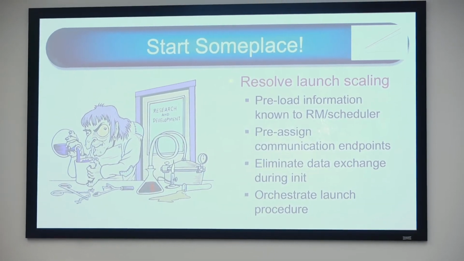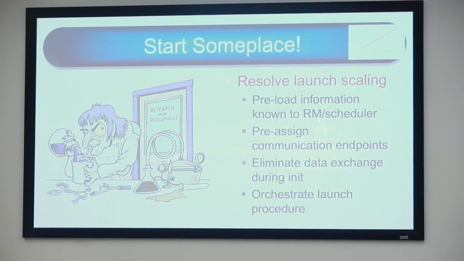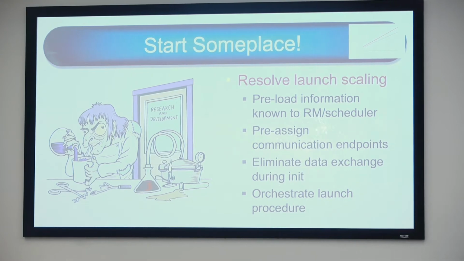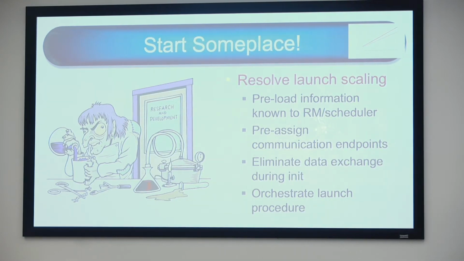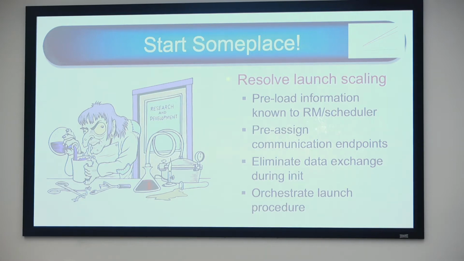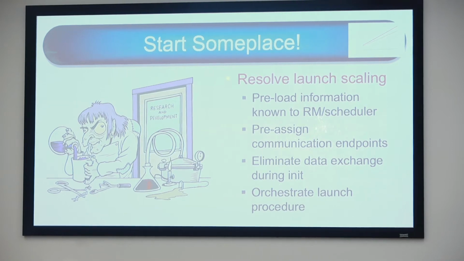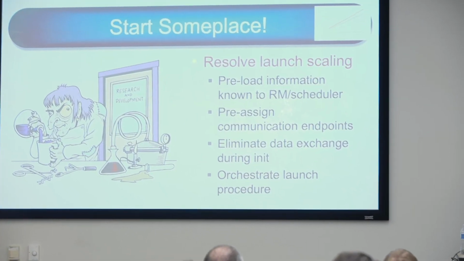If you look at the launch of an MPI application, for example, you see that you launch all the processes, and the first thing each process does is publish a bunch of information about itself. Where am I? What endpoint am I listening on? How much memory is on my node, et cetera. And then they do this great big global exchange across all the processes where everybody exchanges all this information and gets a unique copy of it to themselves. And then they all pull out of that whatever it is they actually needed, which is usually a fraction of what they just exchanged.